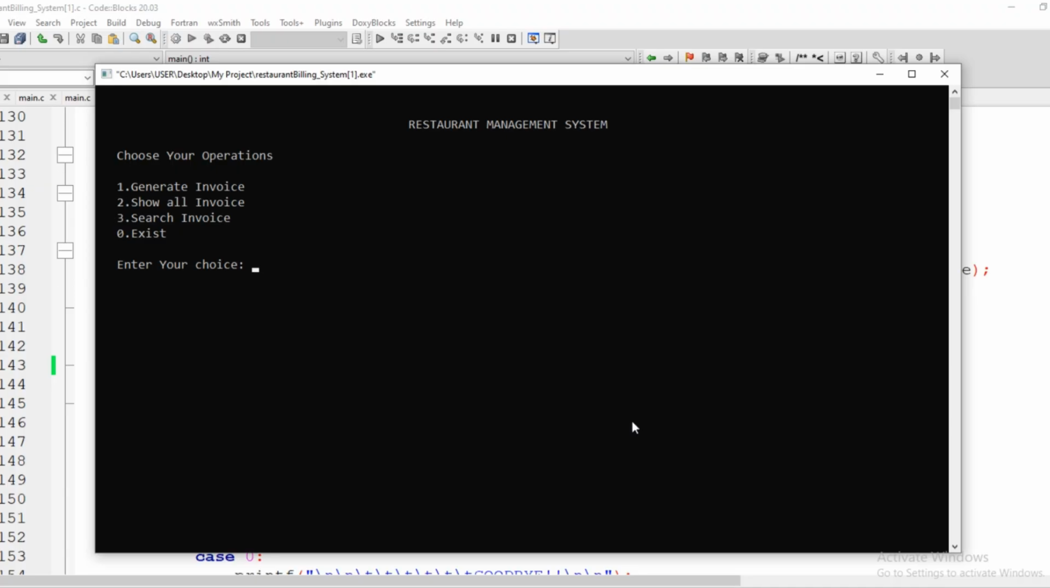Now, assuming a customer entered the restaurant and picked 3 items. After picking the 3 items, he proceeds to make payment. When he comes to make payment, we want to bill the customer and generate an invoice for the customer. How can we do that? I will press option 1,